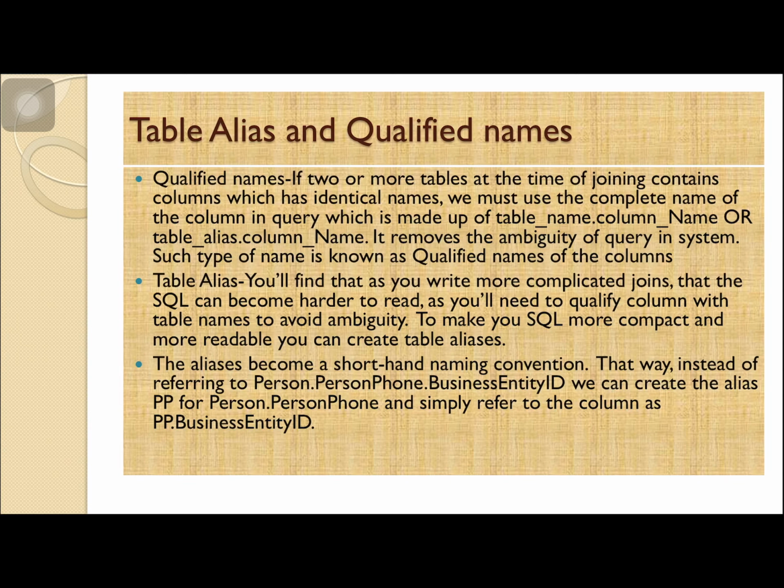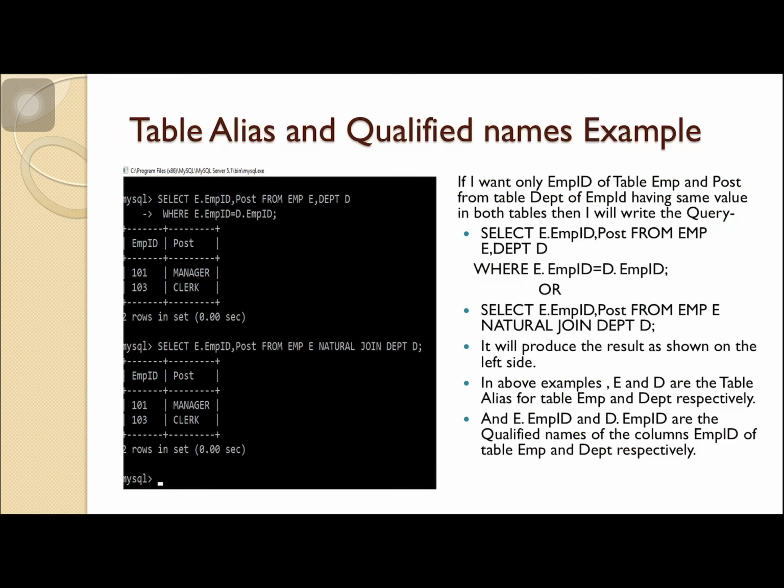Okay. For this, we must know about the table alias or qualified name. Table alias or qualified name. These are the temporary name of the table for reducing the ambiguity and the complexity of the query. At the time of table alias, we will use only the short name or nickname of the table, and it is used so that the query will become the simplest.